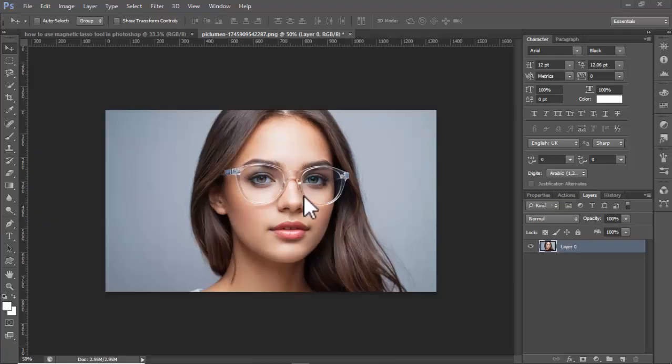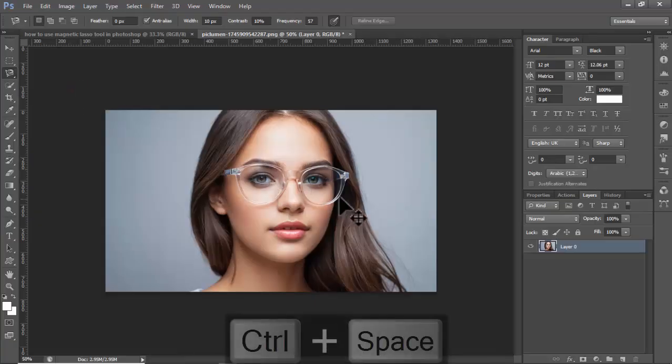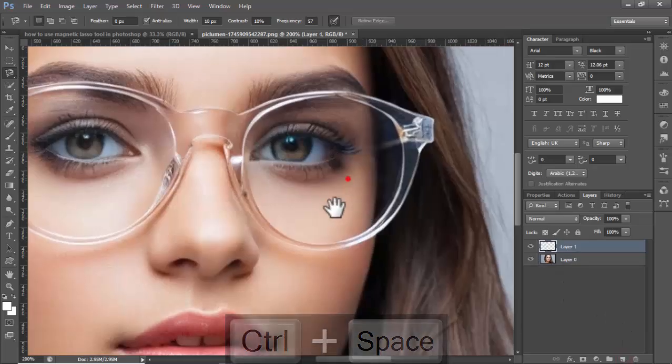Let's get started. First of all, open your Photoshop, then click the tool, right click on your mouse. See this Magnetic Lasso Tool. Or press Ctrl L and create a new layer